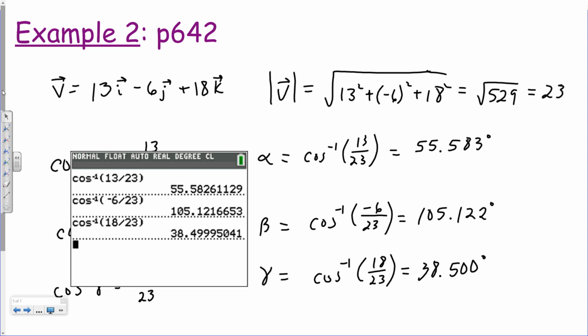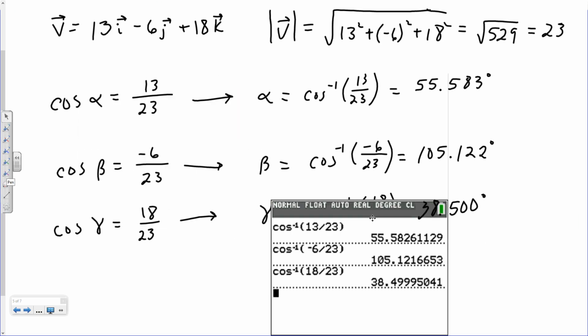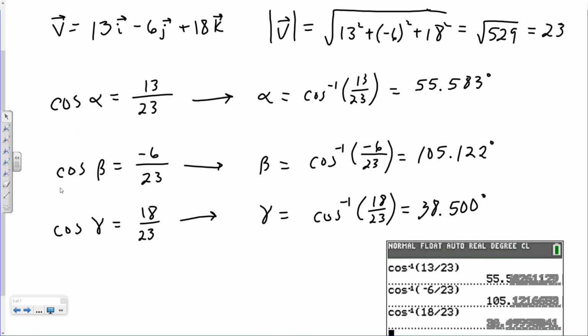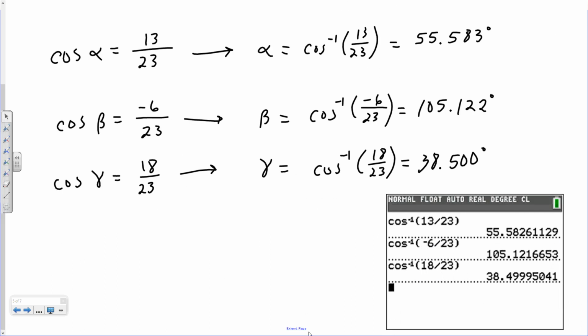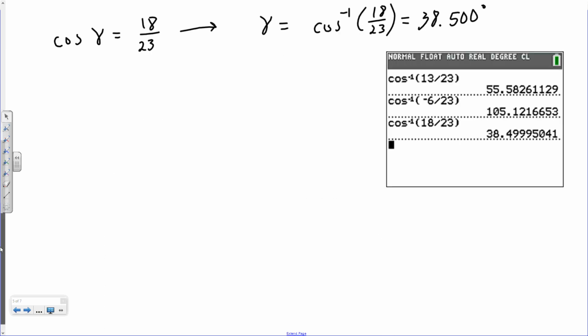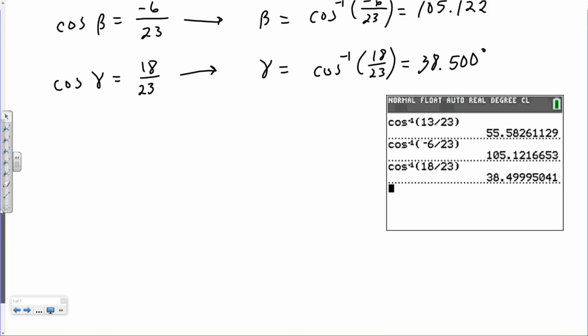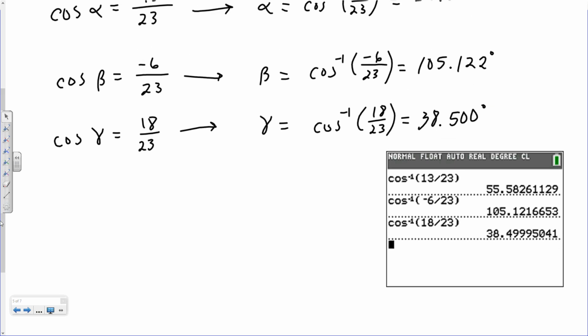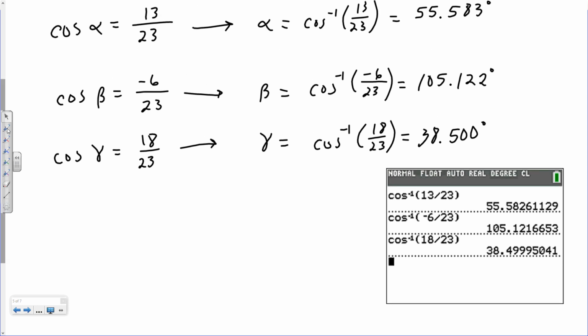Let me move this out of the way here. The question, though, also asked us to find our unit vector. So to find our unit vector, that just means that we have to take our direction cosines and write that as a vector, really, the components of a vector. So our unit vector, we'll call it vector u